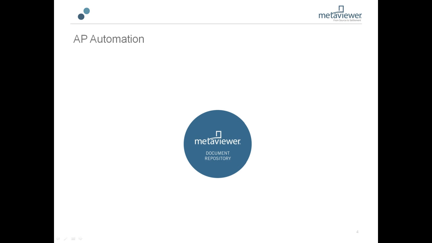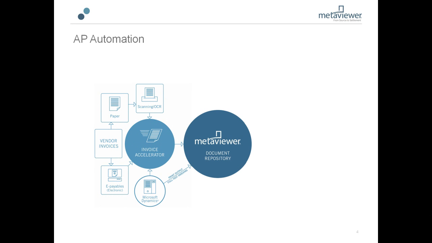MetaViewer is known as a document management system, a content management system, an imaging system. There's many classifications that MetaViewer can fall into. MetaViewer begins by capturing documents as soon as they come into the organization. We can capture both paper and electronic documents in the system. And one of our distinct advantages is our approach to help companies focus on capturing these electronic documents before they